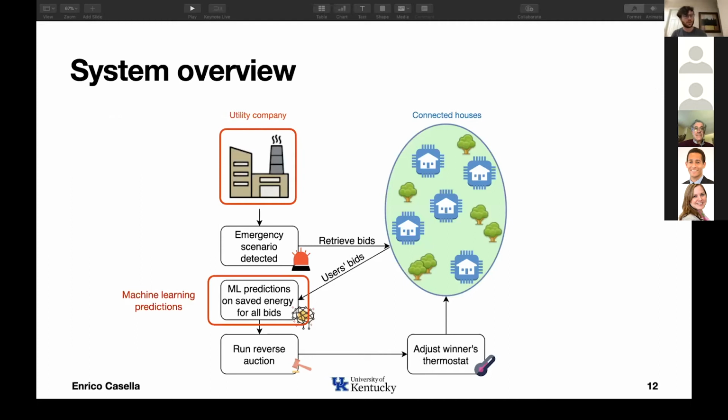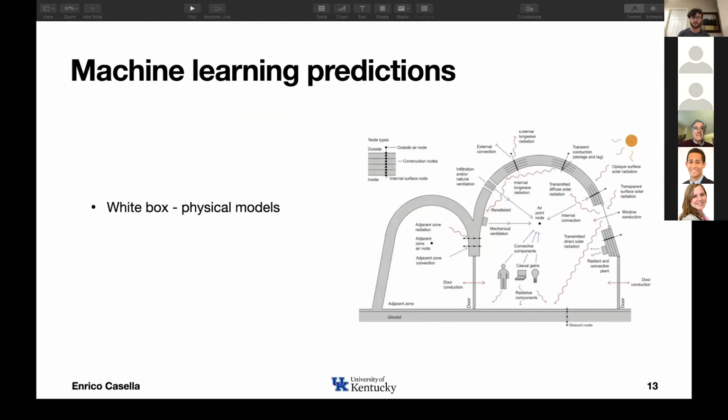So I'm now going to talk about the machine learning predictions. In general, when it comes to energy prediction of a house, there are two ways to do it. One is called a white box. You can think of this as a physical model that takes into account all the variables of the house. When I say variables, I mean the footage of the house, the rooms that it is composed of, and the materials of the walls, the windows, the roof. And you have to formulate